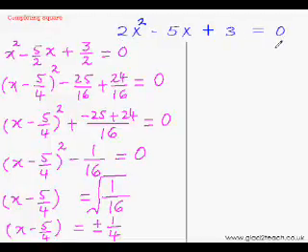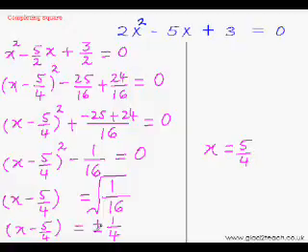So now, take this minus 5 over 4 to the other side, and it will become plus 5 over 4. So we'll have x equal to plus 5 over 4, that is just 5 over 4, plus minus 1 by 4. So now just add these fractions, and thankfully the denominators are already equal. So we'll have x equal to 5 plus minus 1.